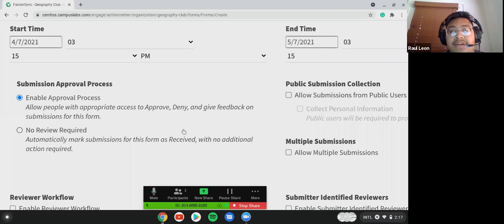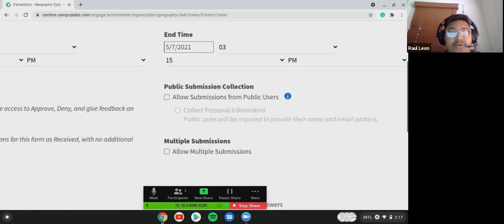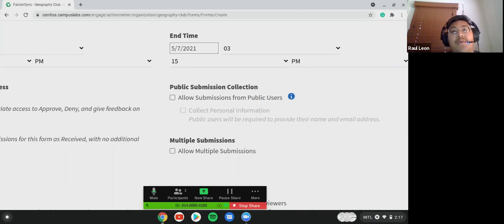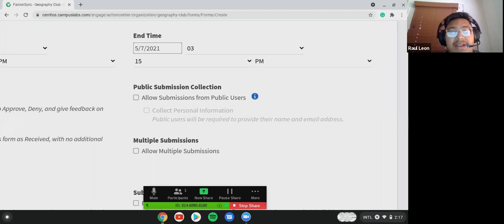So let's say someone made a mistake on the form, or didn't go through the instructions that you gave them. You can let them know, deny it, and then they can submit it again until you approve it. For those who have done submission forms for flyers, you might know what I'm talking about. This is what normally happens when the flyer does not comply with the instructions that were given.